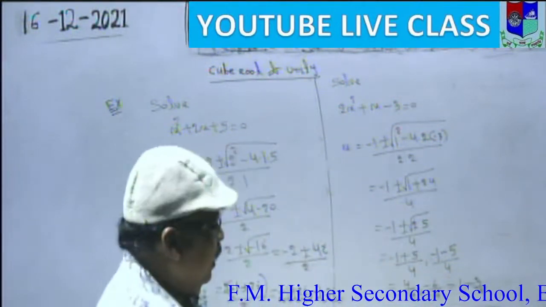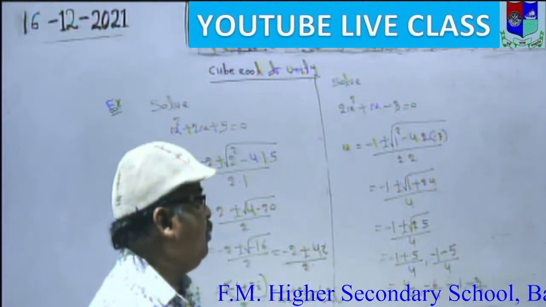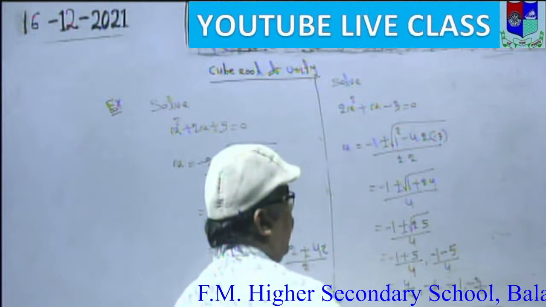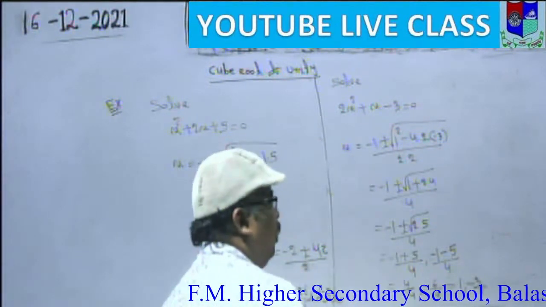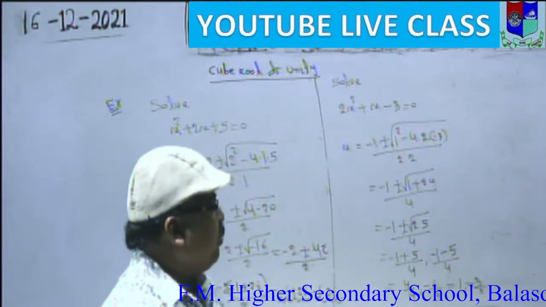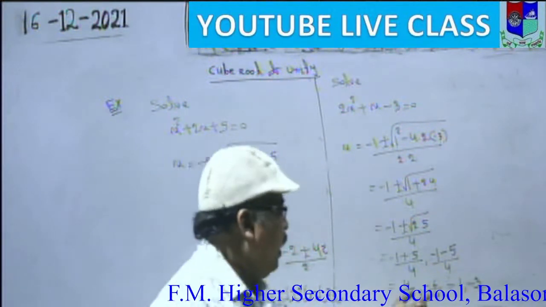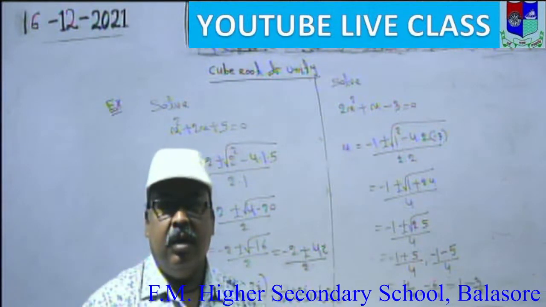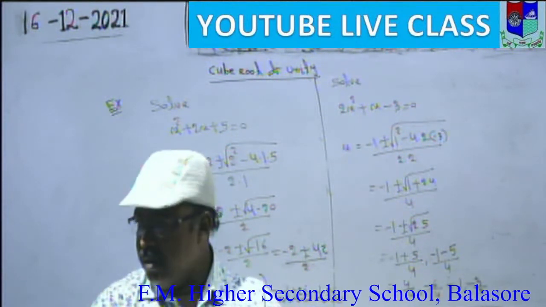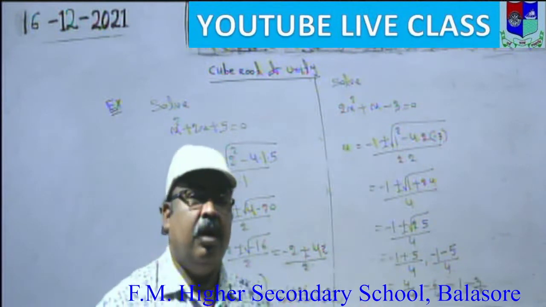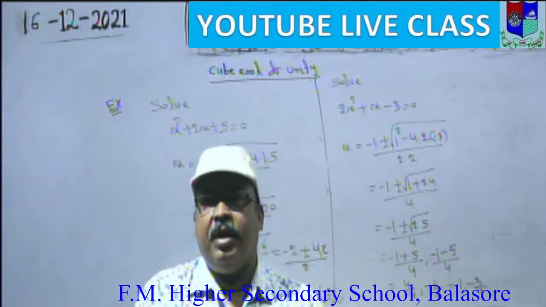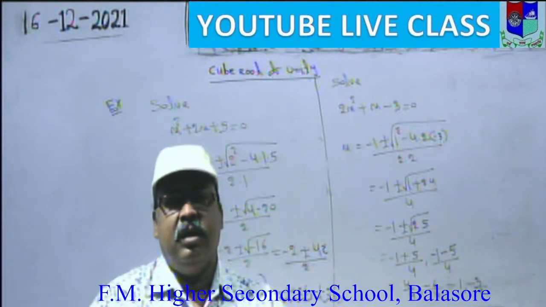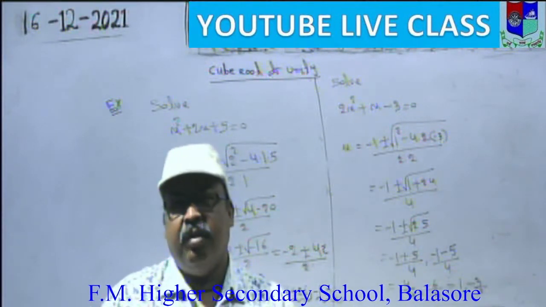So here we find two real roots, because here D is a positive number. We know the square root of a positive number is real. So we find the roots are real and unequal. This is all about solution of quadratic equation. Next, we will see how we can find the square